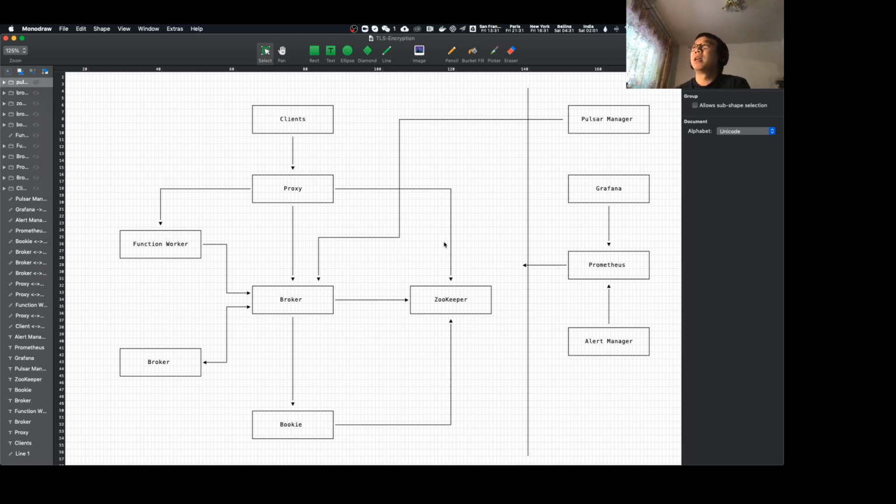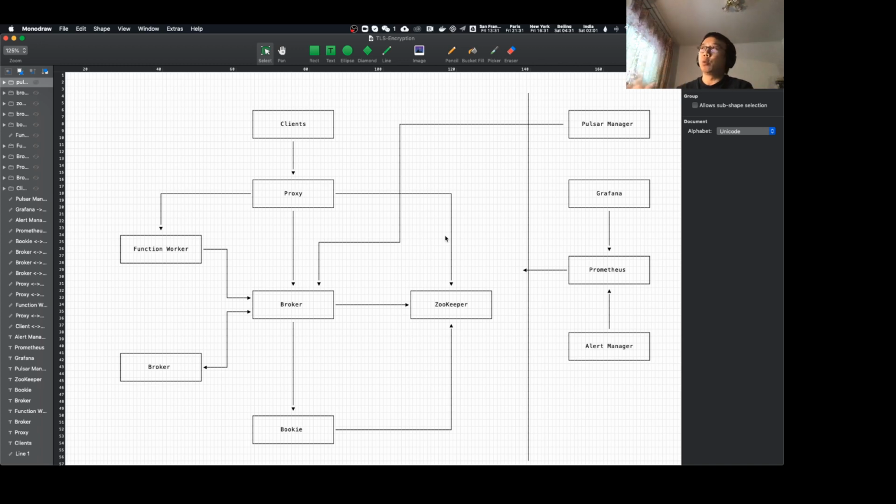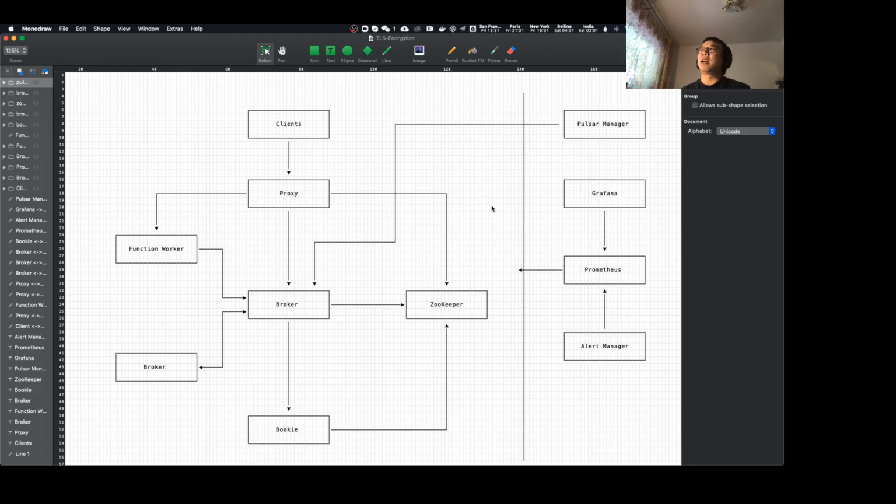So in this diagram, I basically divide this into two parts. One is the core part, which is the core components of a Pulsar cluster. For the complete picture, I put every component into this diagram, but sometimes you might not have a proxy, you might not have a function worker. You can just ignore those components. There's no problem. And on the right side, I configured some of the monitoring components